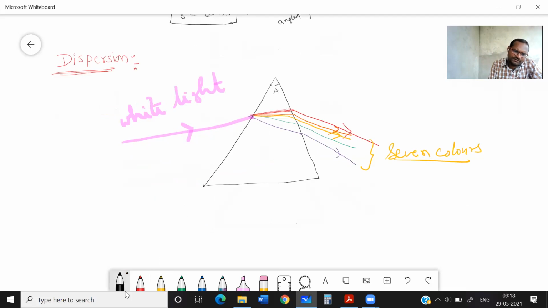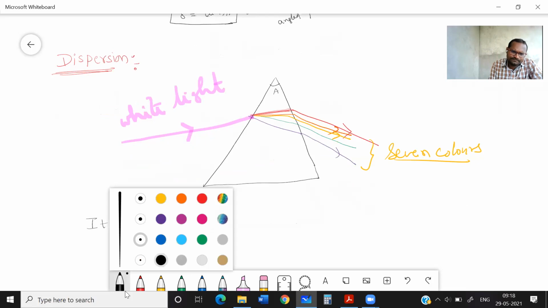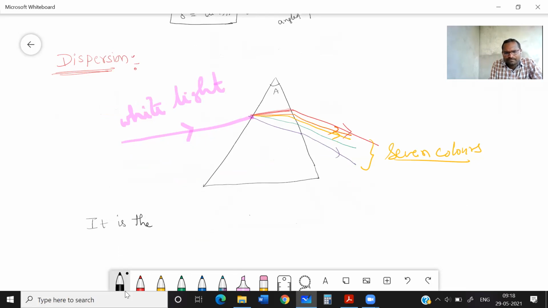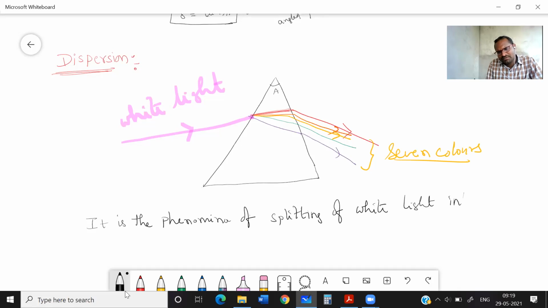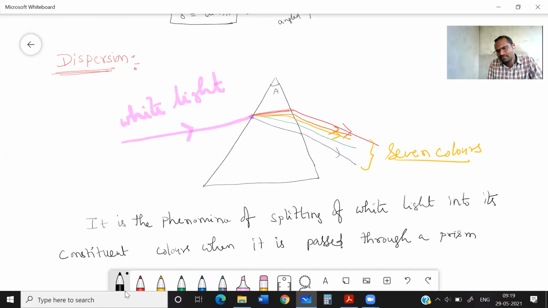Dispersion is the phenomenon of splitting of white light into its constituent colors when it is passed through a prism. Clear enough? The reason for this splitting is because